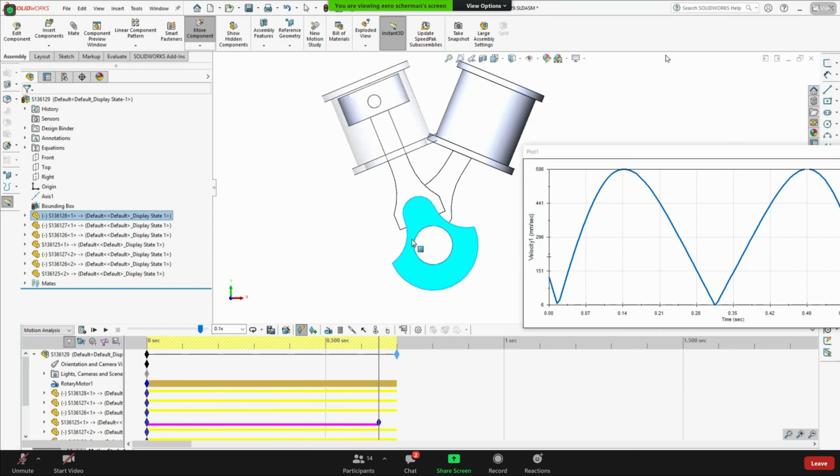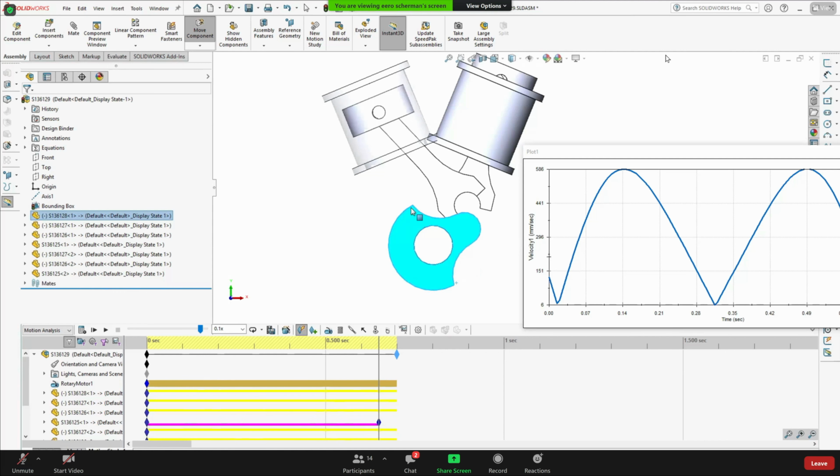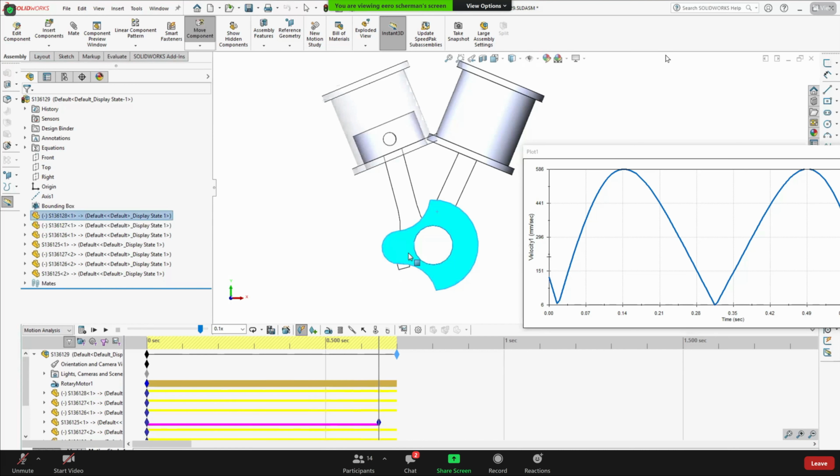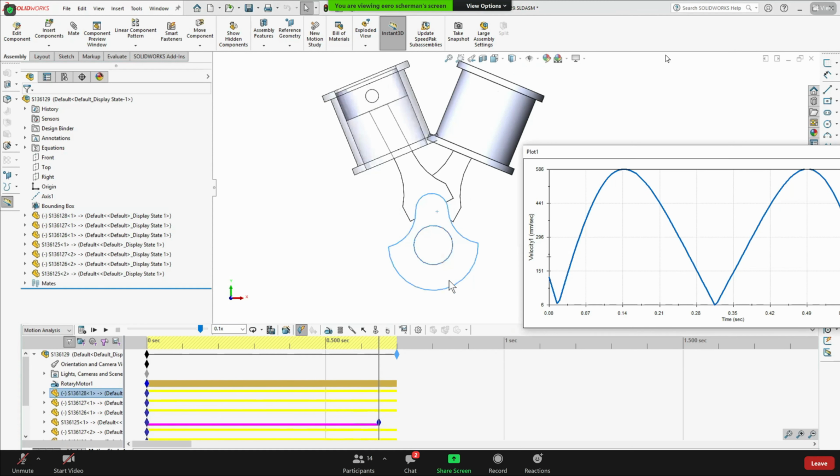I don't know why the center of the axis is not quite correct. Let's see. Okay, now it works. No, it doesn't. There's something wrong. No, well, anyway,